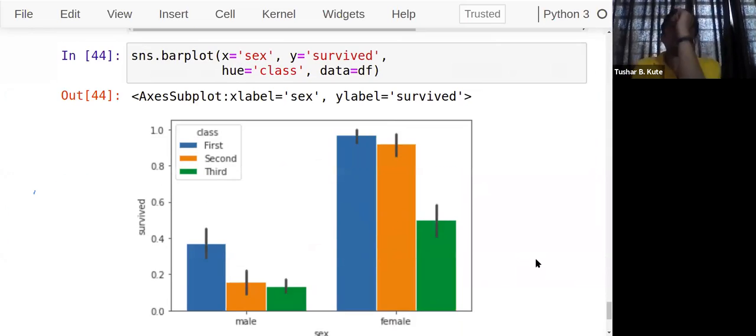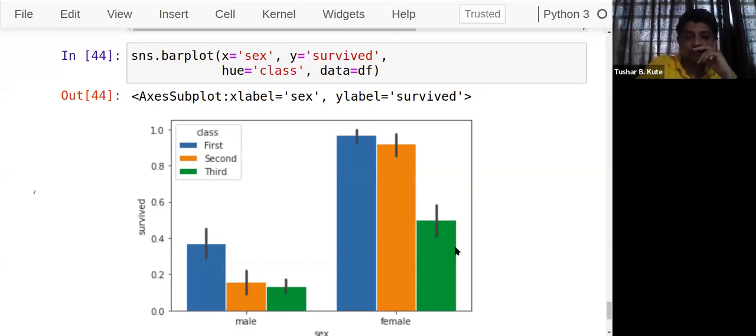Now see this. Multiple bar plot in single instance. I just have shown that. Multiple bar plot on a single plane that we can see here. So in male, again, 3 categories are there. First class, this is the first class. You can see the legend automatically has come. First class, then second class, and then the third class in male.